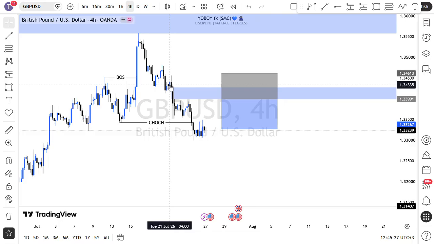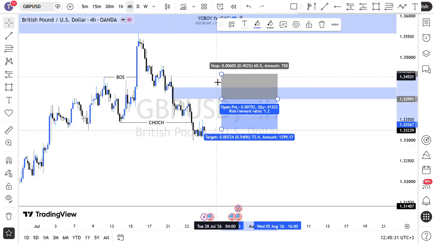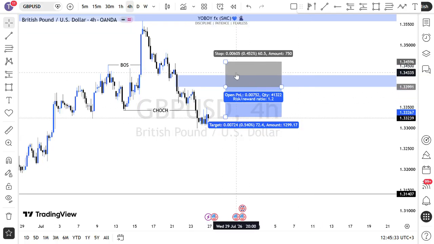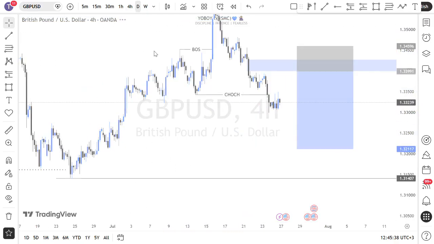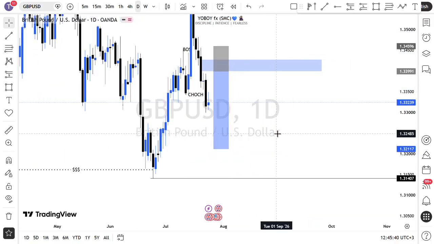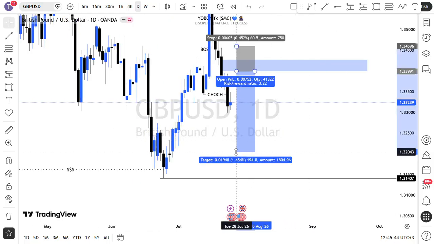Also, we have this point here. So if we have our trades from around that area, stop loss should be above that point, and then we target, let me look at the daily time frame, and then we can target, let's say maybe this low here, this area, we have this order block here,